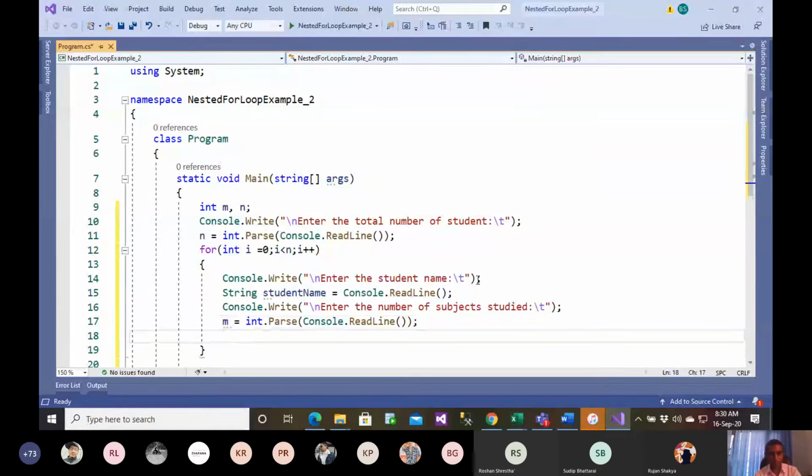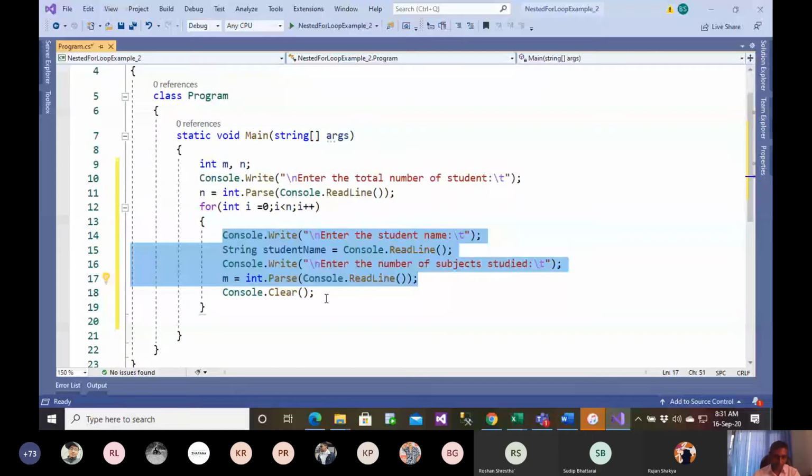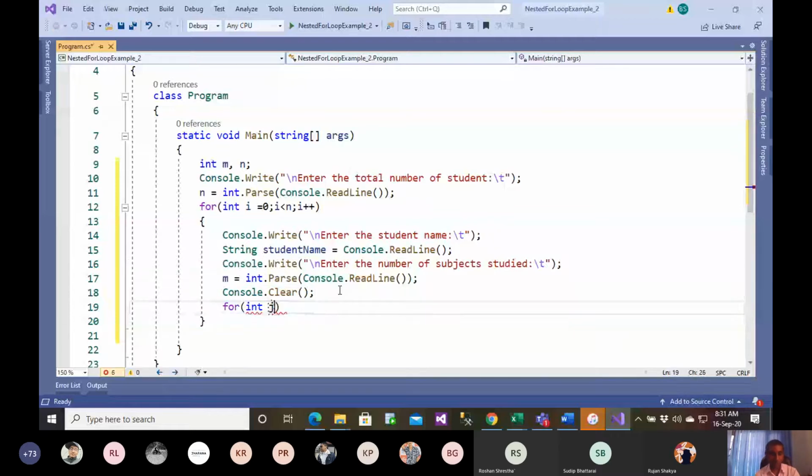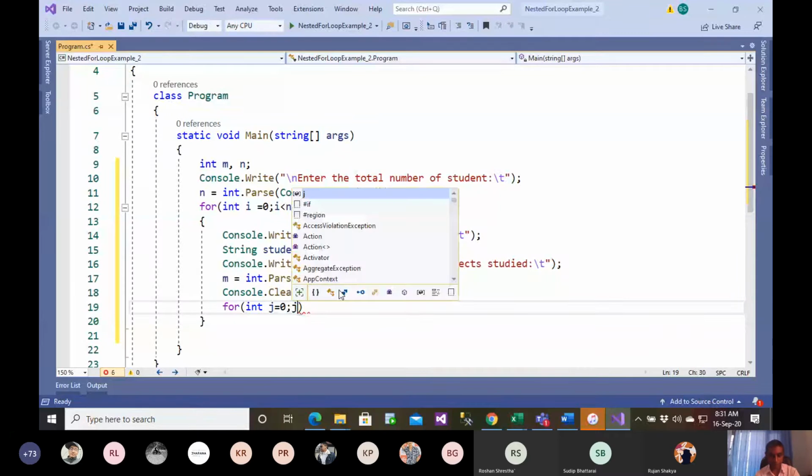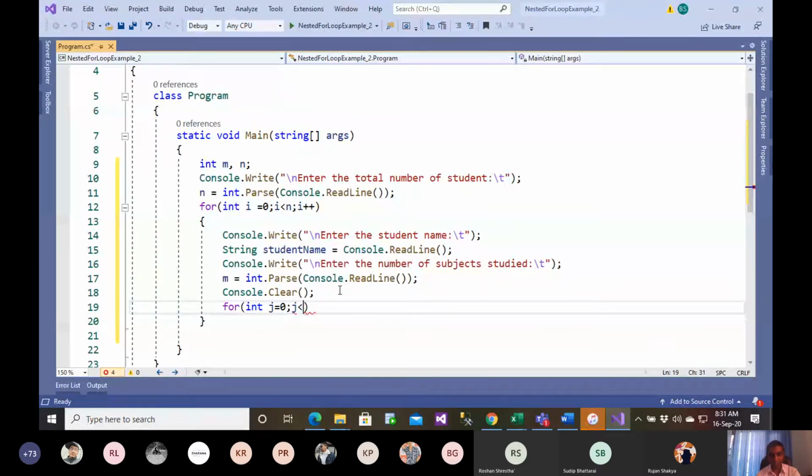Let me do console.clear here. So now I can ask him for integer i equals to, j plus 2 every time the condition is true, and now I can ask him the subject name and everything.